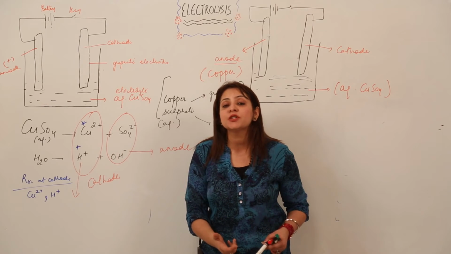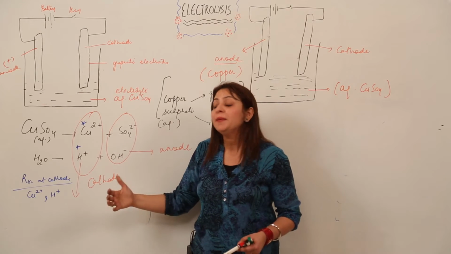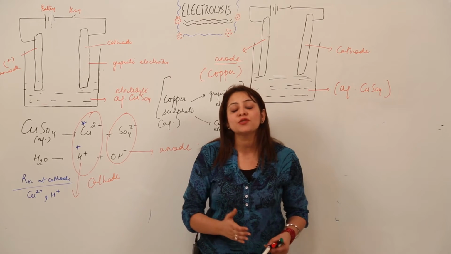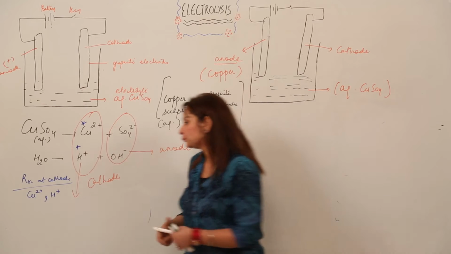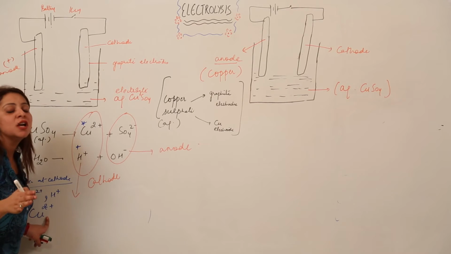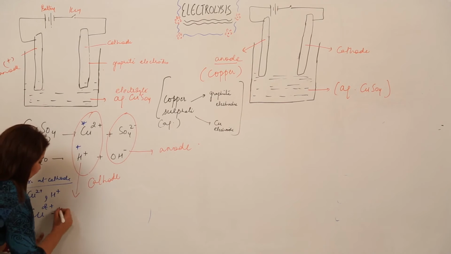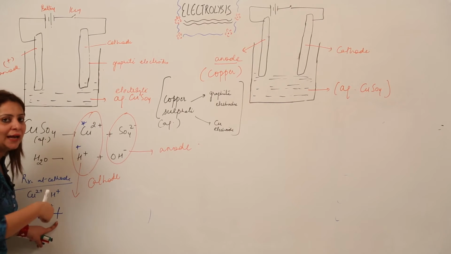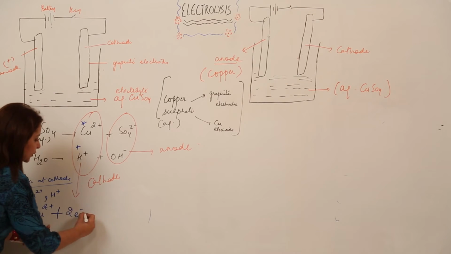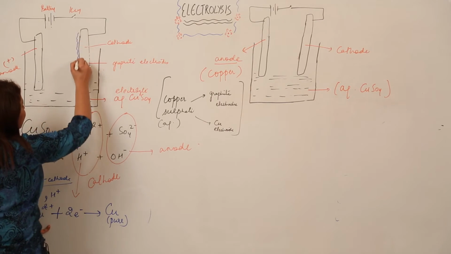So out of them, which ion is going to get discharged? Obviously it is the copper ion. If somebody asks which ion is going to get reduced, obviously the ion which has the lower electrode potential is going to get reduced, that is our copper ion. This Cu2+ has lost 2 electrons, and reduction means it will gain back the electrons it has already lost. So we add 2 electrons, since we see the 2 positive charge, and it turns into a pure copper atom, which starts depositing on the cathode.